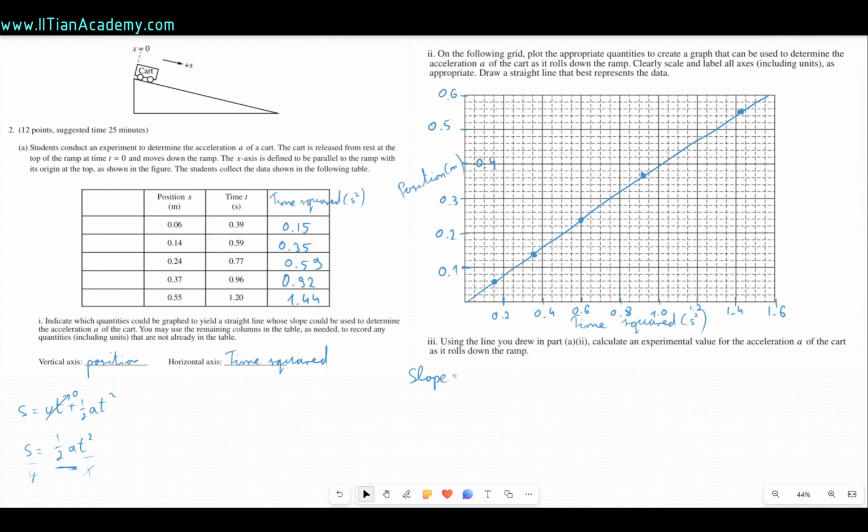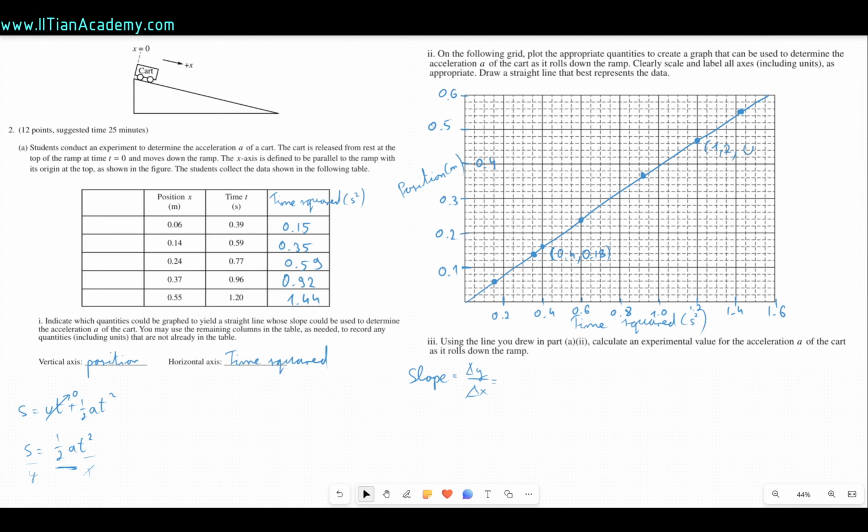So the slope is simply the change in y over change in x. So what we need to do is pick 2 points on the line itself, not using the points that we have plotted. We just have to pick 2 random points. So for example, we can pick a point at 0.4 and it's approximately at, let's pick this point. It has to be on the line, so that's important. This is 0.4, comma 0.18. You can pick another point, let's say at 1.2,